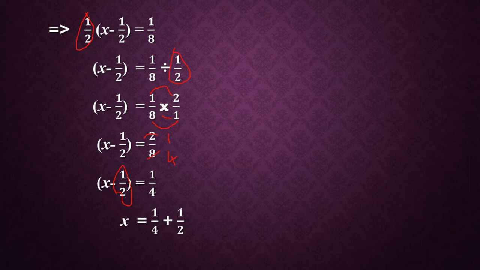In fraction addition, we know the denominators are different here. So we have to find the LCM of 4 and 2. Your LCM will be 8. Now we have to change these denominators into 8. So 4, if you multiply by 2, becomes 8, so the numerator also multiplies with 2. So 2 by 8. Then the 1 by 2 you have to multiply by 4, so 4 by 8. Now the denominators are the same.